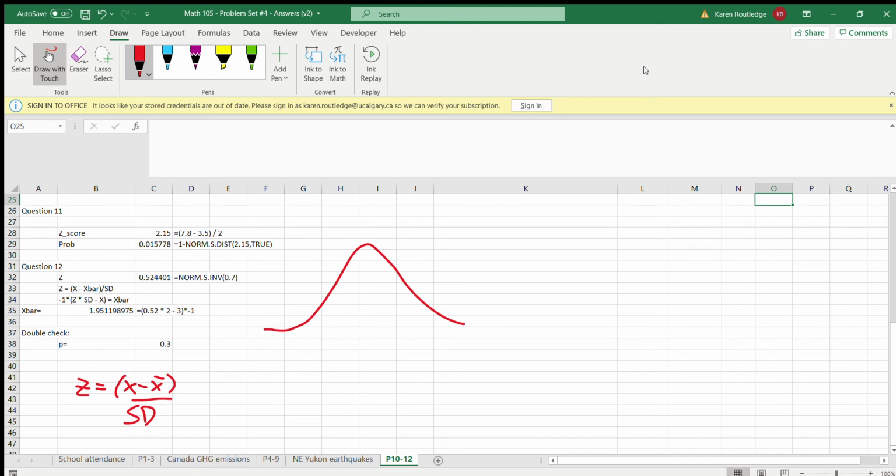Problem set number 4, question number 12, the last one of the problem set. This is one of those questions where we take the kind of stuff we've been doing and then rearrange it so you have to do something new and fun and exciting with it. And in this particular case, you are given an observation and you are asked to calculate what the mean is